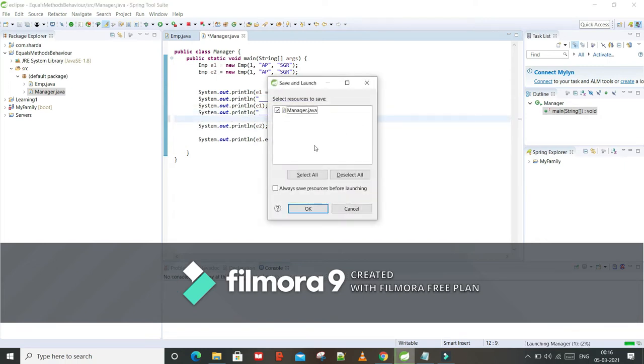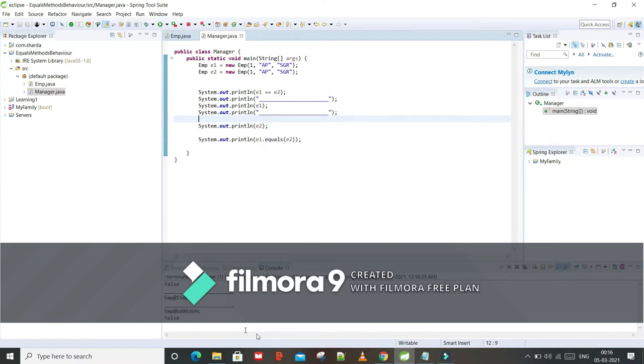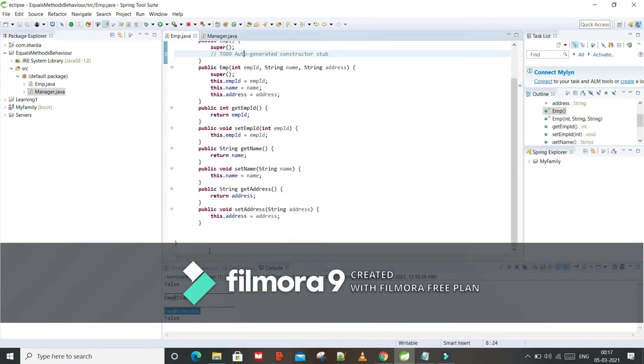Let me run now. So e1 and e2 are returning some object address in the form of a string, and logically if we are using any custom class then we need to override the equals method. So we will try to override the equals method.